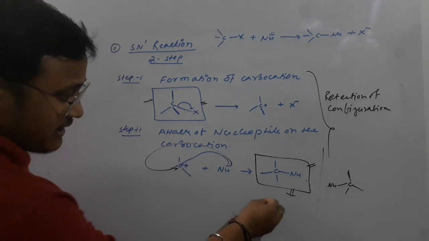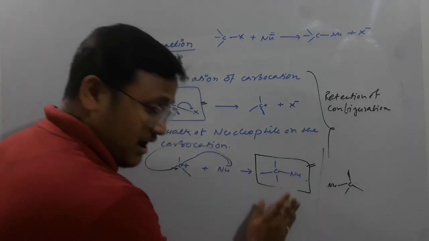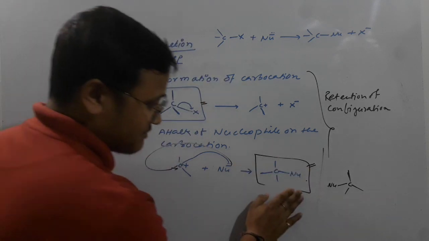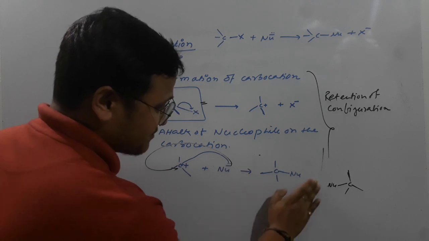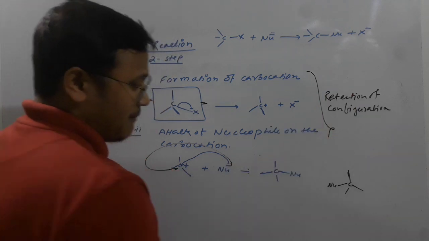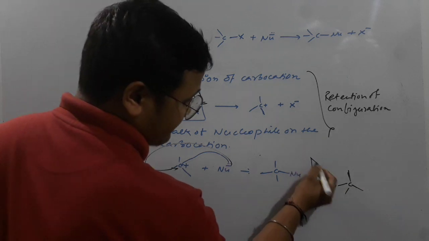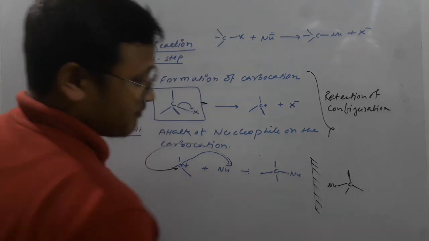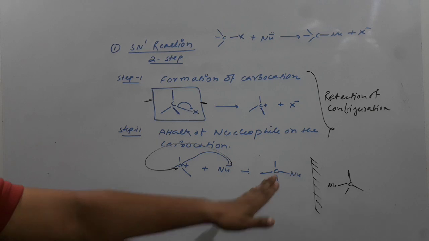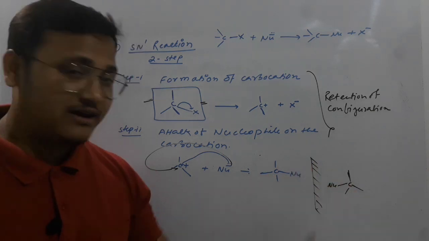That means, if you look at these two compounds, look guys, we can have this product also, or we can have this product also. Clear? And if we have only this product, then we are talking about retention of configuration. But if we have these two products, aren't these two products mirror images of each other, right? If you place a mirror here, you will get the same thing here, right?